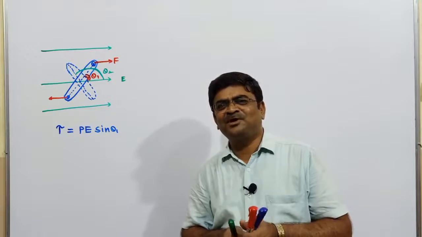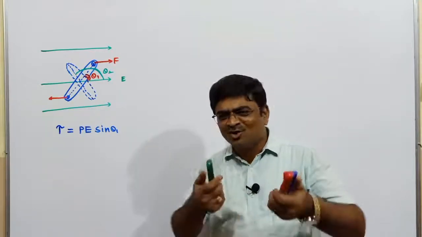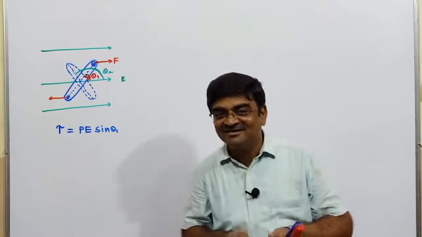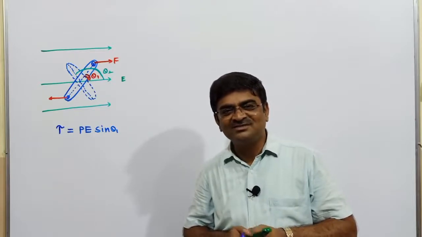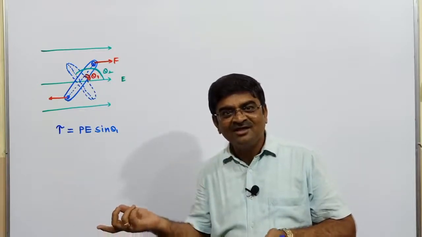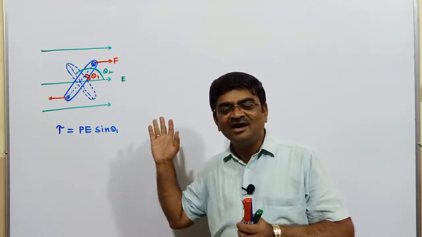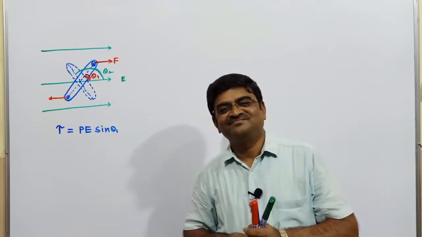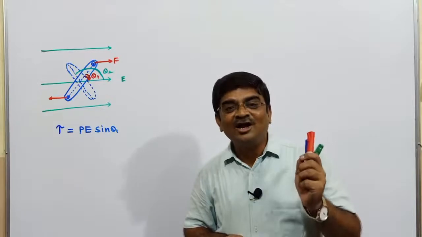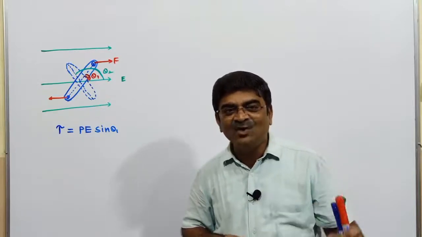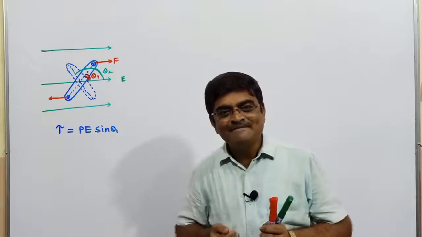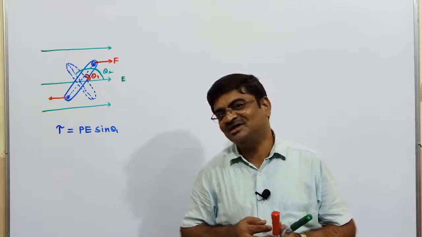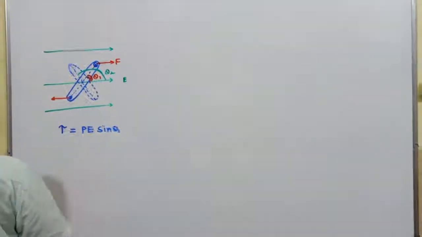But just keeping on wishing the dipole should rotate is not going to work out. If you wish that, you will have to work. What is the law of nature? What does physics tell? If you wish something, you should work. What is my wish here? Rotating the dipole. I should work then. I should have a work there. So in order to rotate a dipole in the electric field, there has to be work done. And my further discussion is going to be about the work done to rotate a dipole.